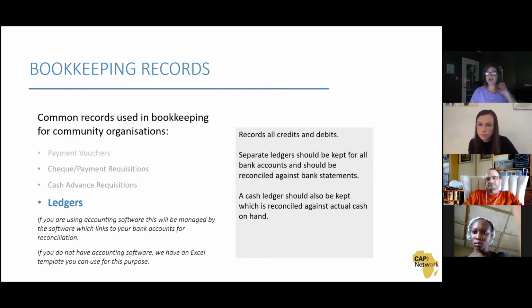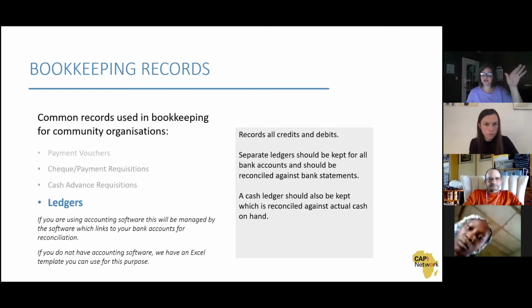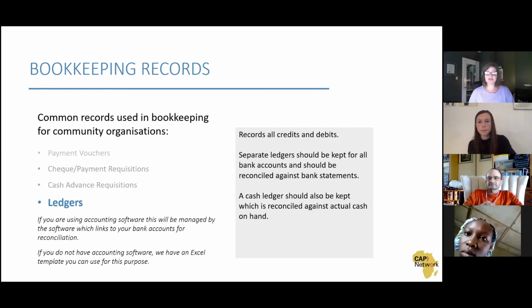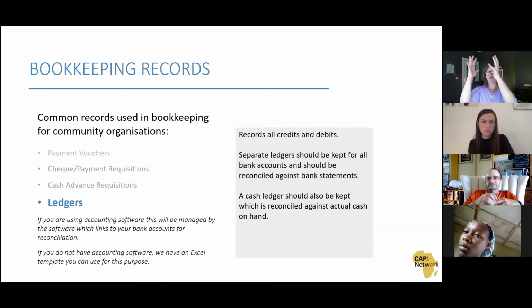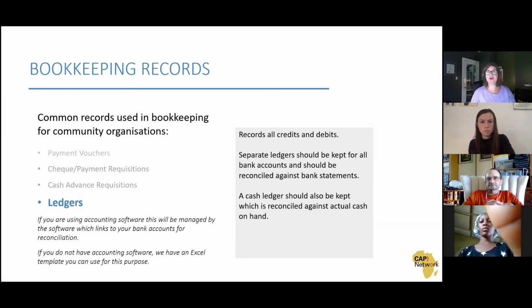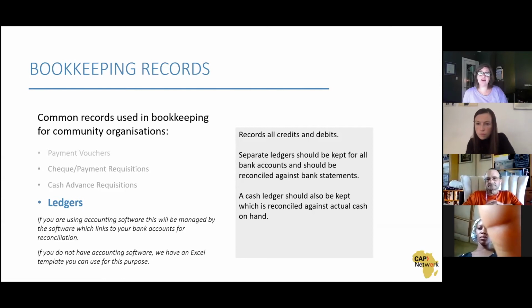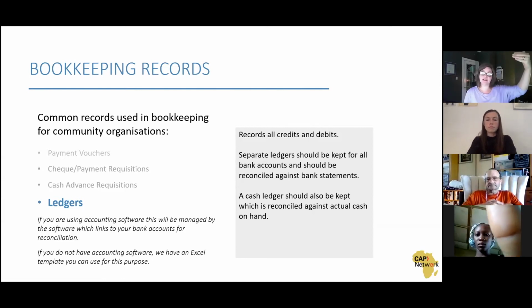So ledgers are the place that record all credits and debits. Every transaction that is listed on a voucher ultimately is going to get entered into a ledger. Okay. You may have separate ledgers for each project, but those should ultimately roll up into a ledger that is for your bank account or for your cash account. Okay. So ultimately, what you're going to be looking to do is to reconcile your bank ledger against the